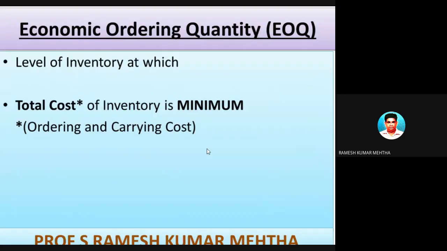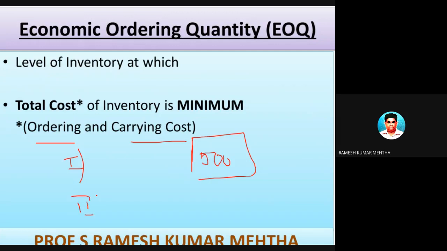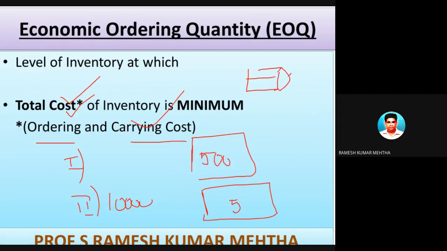Hope you have understood this particular phenomenon. Next one is economic order quantity. I told you about ordering cost and carrying cost. If you order one unit and you're procuring it and storing it, the total cost is something like 500 rupees per unit. And if you're on the contrarian, purchasing in bulk, some 10,000 units at a time, the total cost will be 5 rupees. So to trade off the balance between ordering cost and carrying cost, we have a technique called EOQ, economic order quantity.